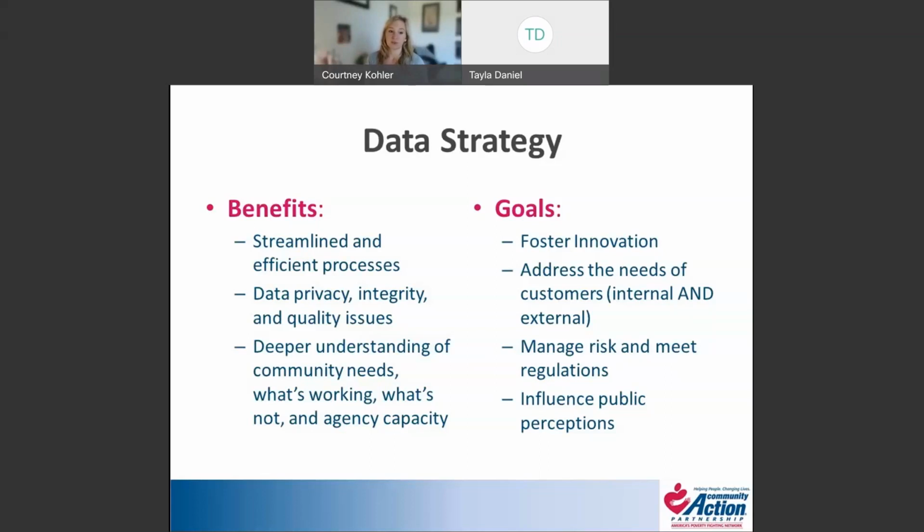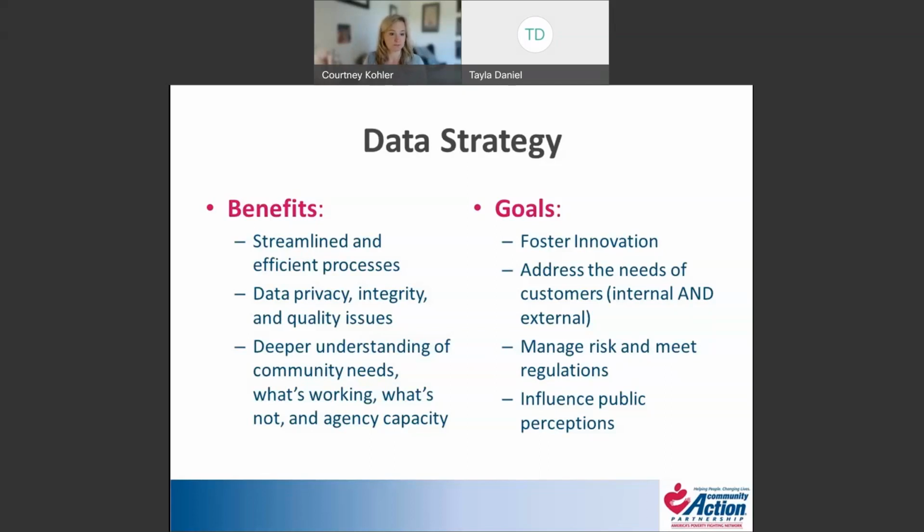And then also, what are some of our goals with a data strategy? Why would we want to, what is our end result that we're seeking out of this? A data strategy can really help to foster innovation within an organization. If we're continually looking at our data, using our data for decision making, then we're going to be in that mindset of continuous quality improvement and identifying ways to really push past the norm